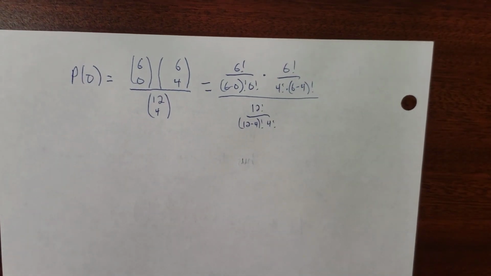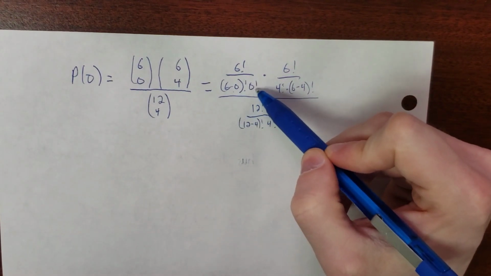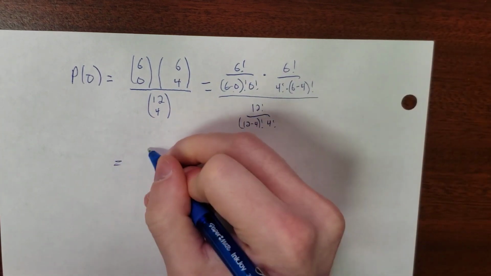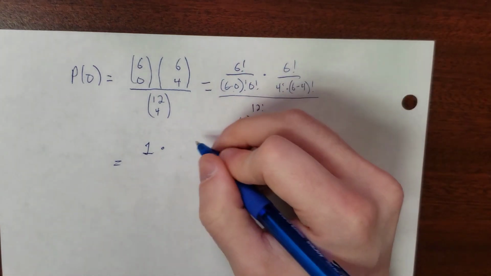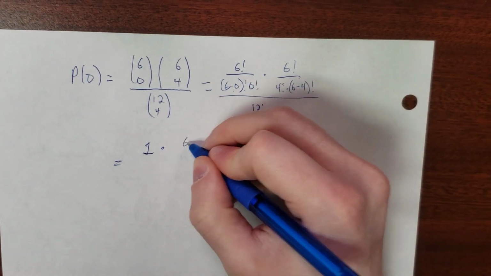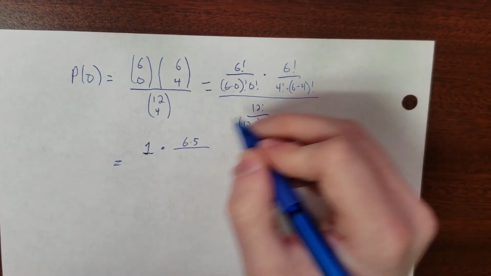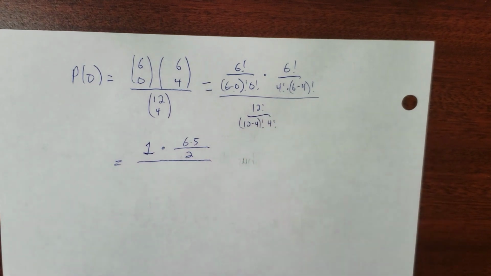Okay. Well, this is 6 factorial over 6 factorial, and then 0 factorial is 1, so all of this reduces to 1. So this is 1 times 6 factorial over 4 factorial reduces to 6 times 5, like we just did in the previous problem, all over 2 factorial, which is just 2, divided by,